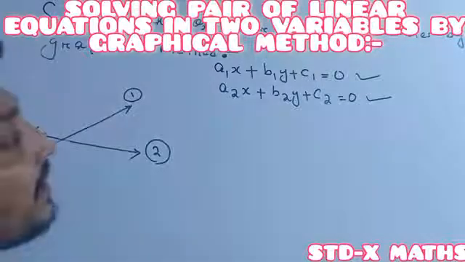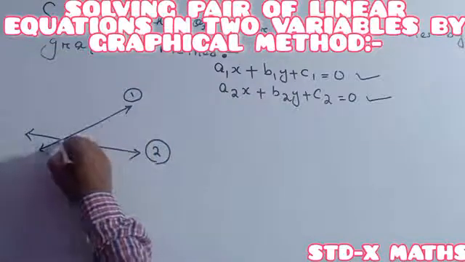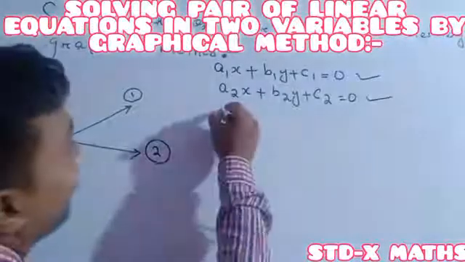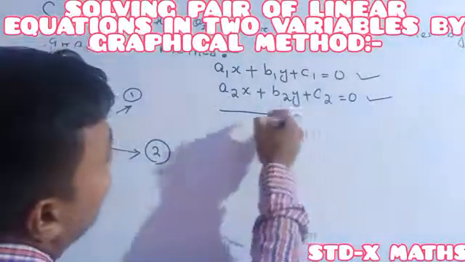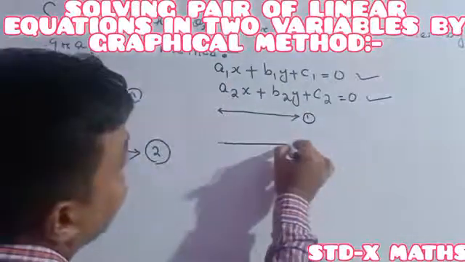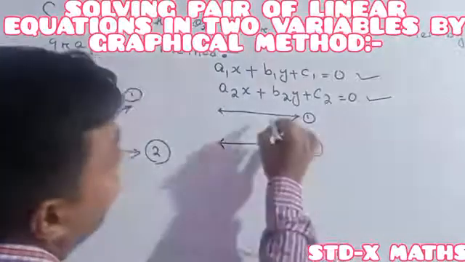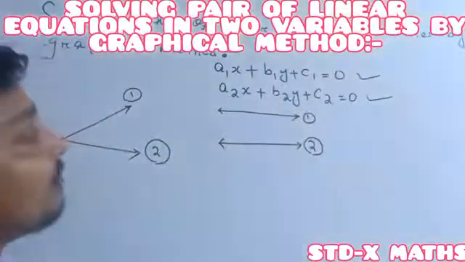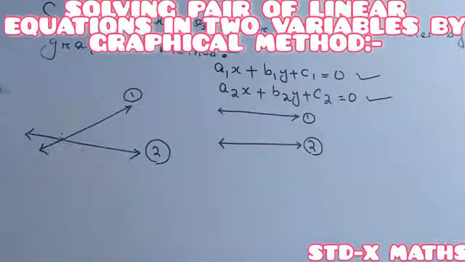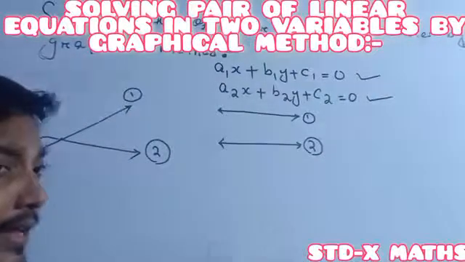Here the possibilities are that either both the linear equations may intersect with one another at a single point. Otherwise, this one is one linear equation's graphical representation, and another one is another linear equation's graphical representation, and both will not intersect with one another. Actually, one possibility is they will intersect at a point. Otherwise, they may not intersect with one another anywhere.